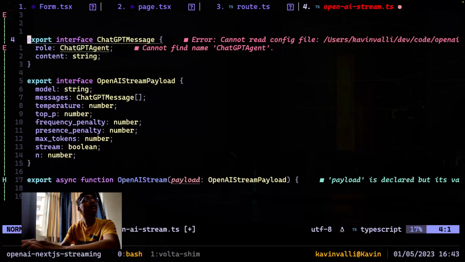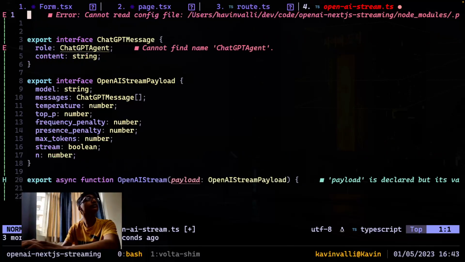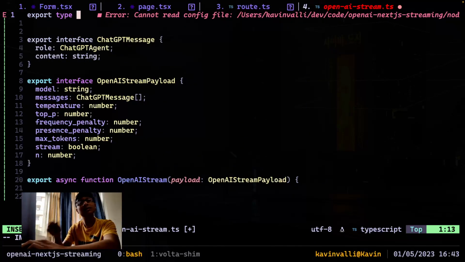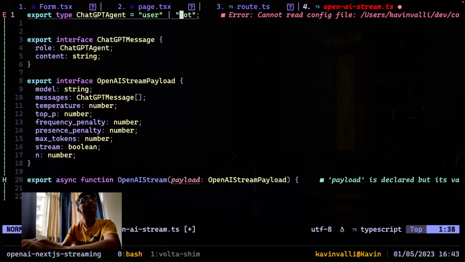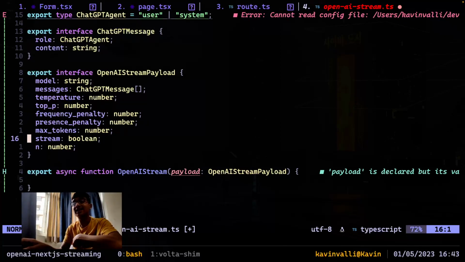And let's have the export type, because this will be a type of a union of strings. ChatGPT agent would be a user or a system. In our case, it will always be user, but if you're thinking about extending this application later, you can use